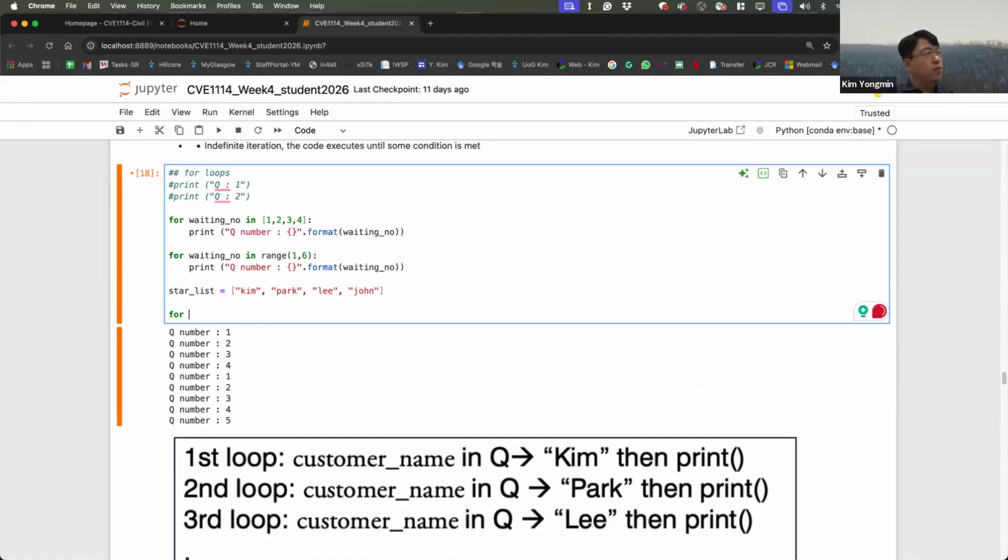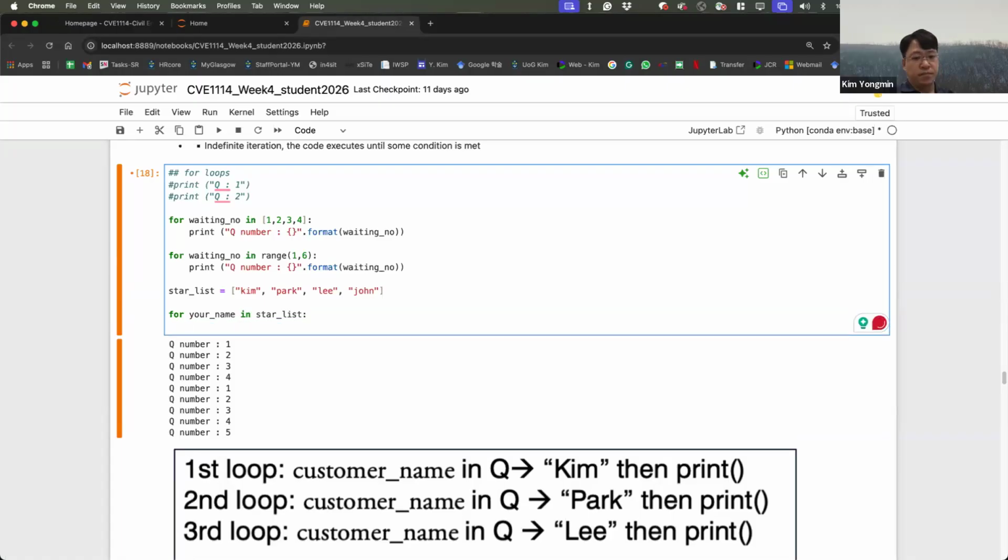And then your name is in the Starbucks list, something like that. Print.